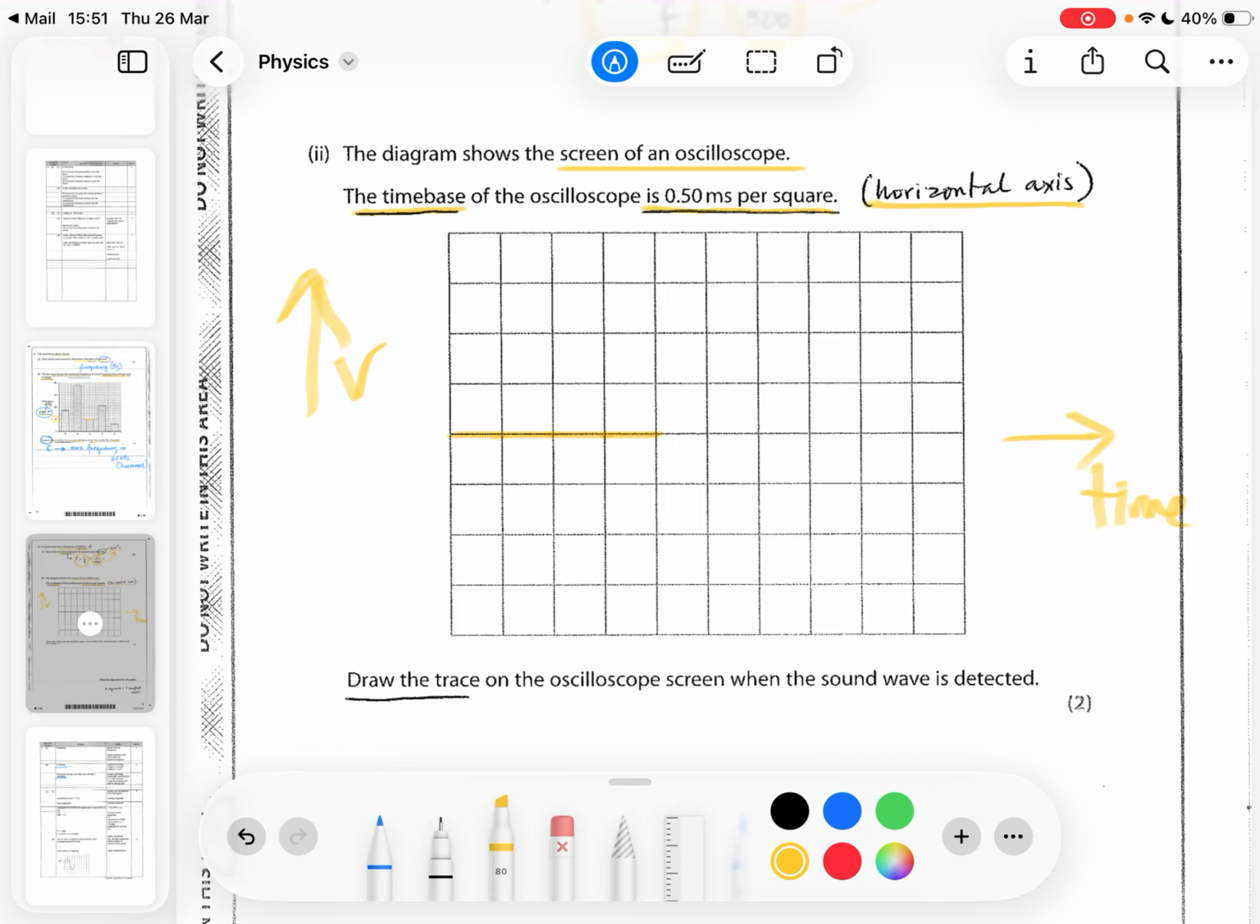We normally draw it on the center line because the center line is 0 volts. Above is positive and below is negative. So the displacement for sound on an oscilloscope will be voltage against time, because a microphone changes the sound into voltage. Draw the trace on the oscilloscope when the sound wave is detected. They're talking about the 2 millisecond sound wave. They haven't said how loud it is, so as long as you draw it with the period